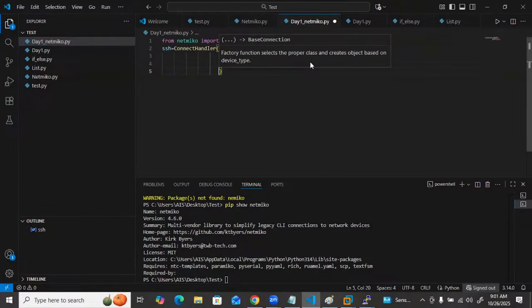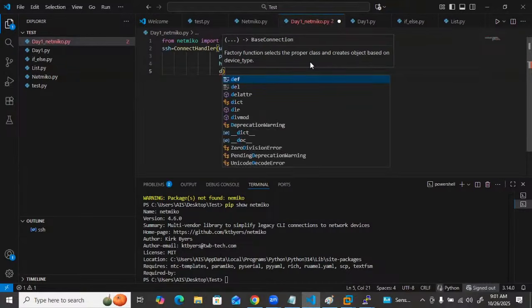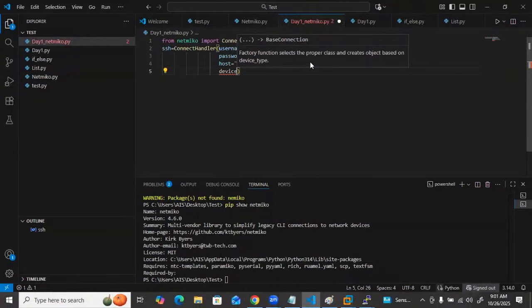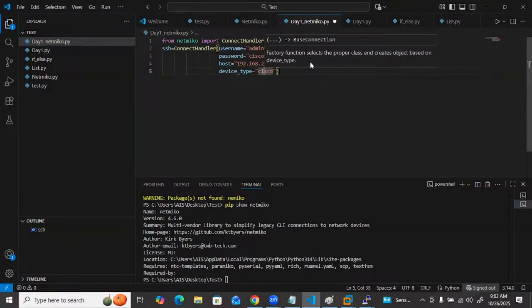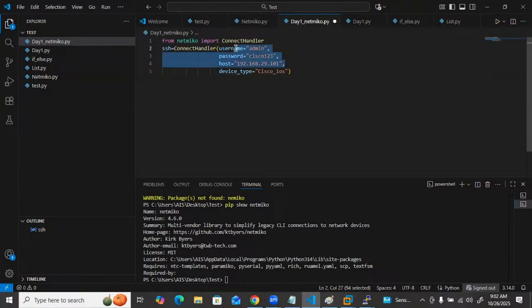Then after that, which type of device are you going to interact with? So you need to put there the device type, that is cisco_ios. We are going to interact with IOS right now. We are not going to interact with the firewall or something. We are going to interact with the Cisco IOS, right? So these three attributes we also pass through PuTTY, but this one is additional, required for which type of devices you are going to interact with right now. Okay, now the SSH connection,